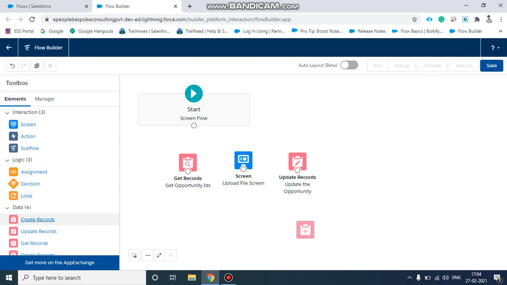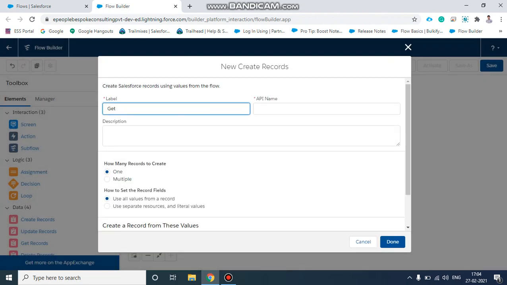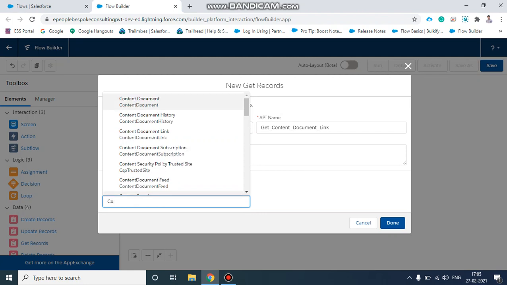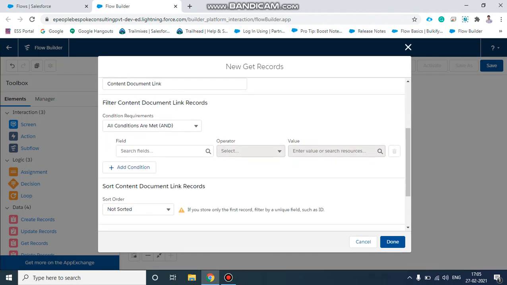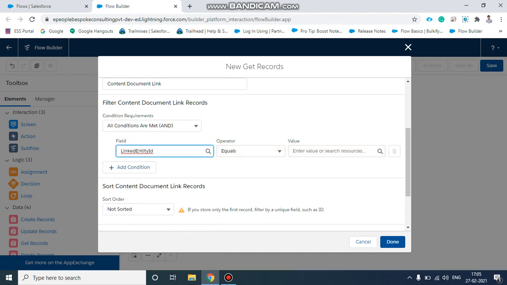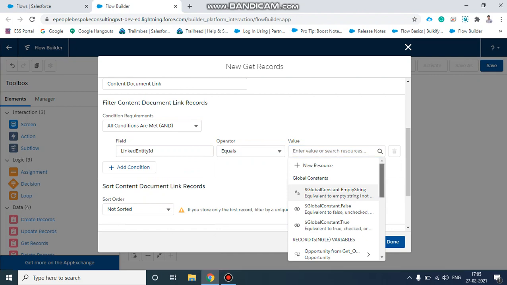Then I will take another Get Records, where I will take the ContentDocumentLink records. ContentDocumentLink is an object, so we will select that object and give a criteria: the LinkedEntityId should be equal to our ID which we stored in the variable.